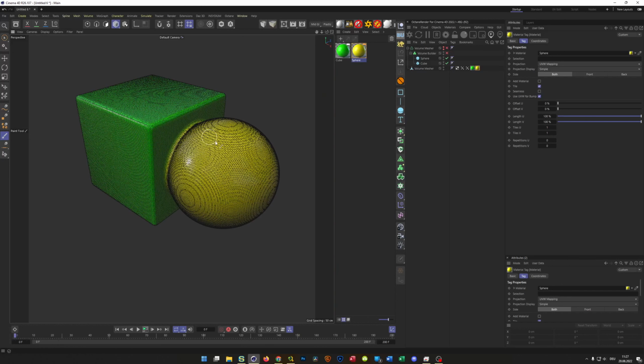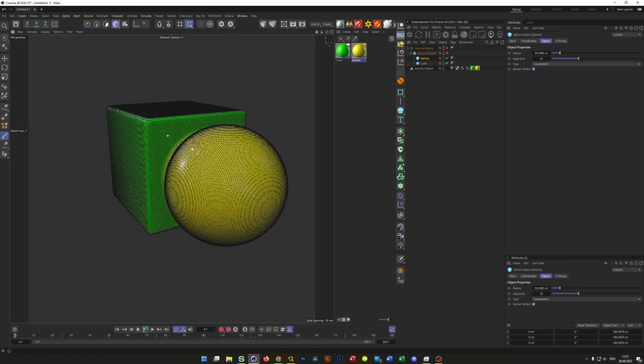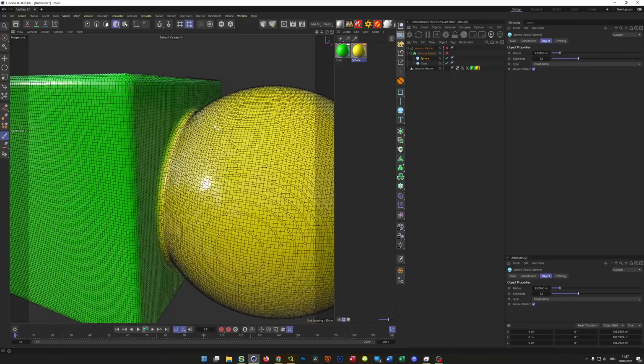And of course you can make this as a third one, so make another sphere here. But then of course we have to make this editable. But you can imagine, make another sphere here on top, name it sphere 2, make a vertex map for it, and so you can colorize quite nicely